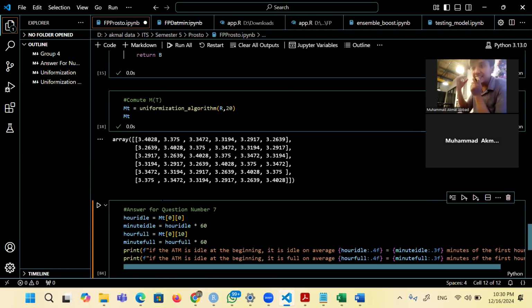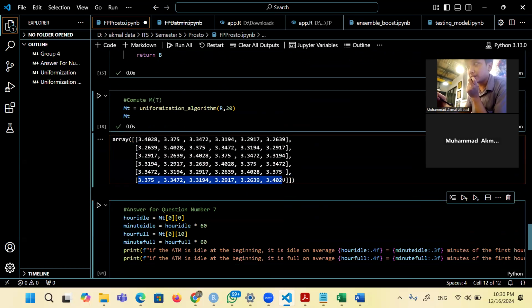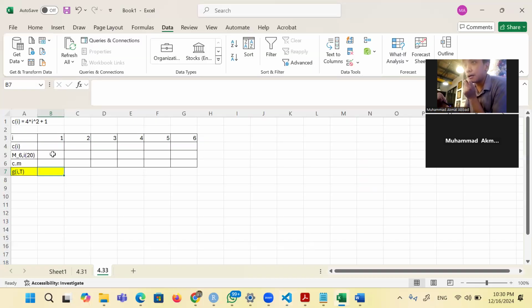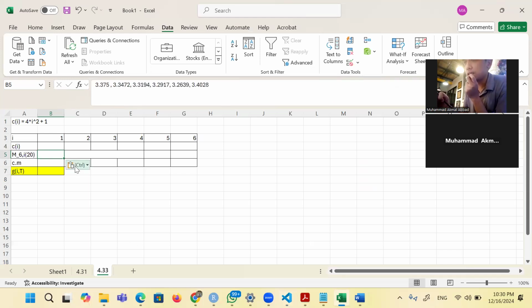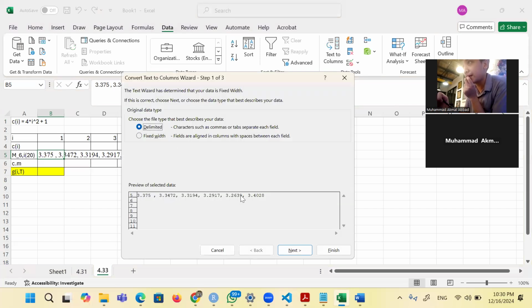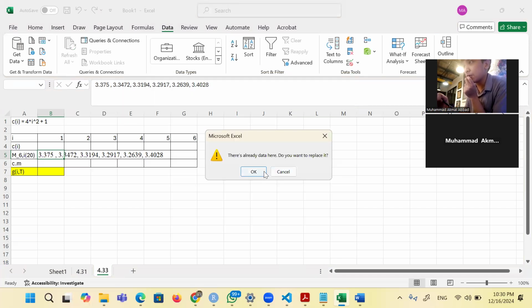Because the initial state is 6, we will see the 6th row only, because it starts from state 6. We copy this and move it to Microsoft Excel for the sake of easiness. So here we get this value, and then we use text to columns again with the delimiter comma, and then we just finish and OK.